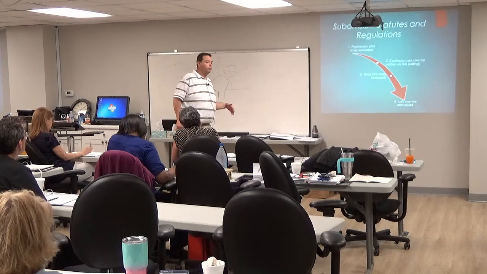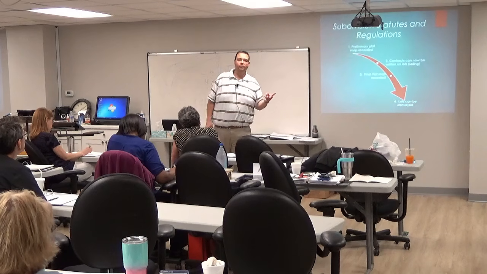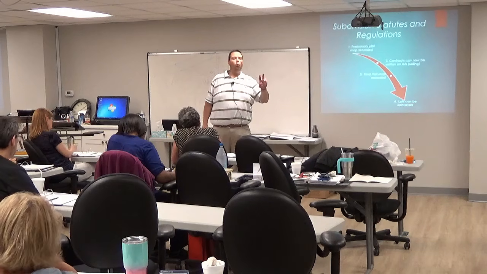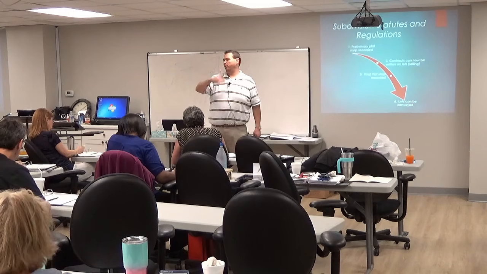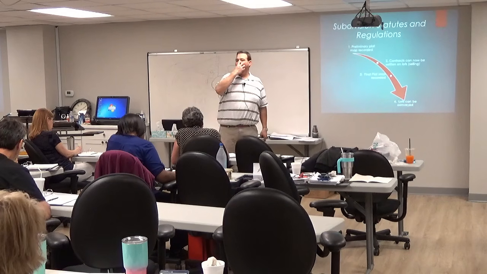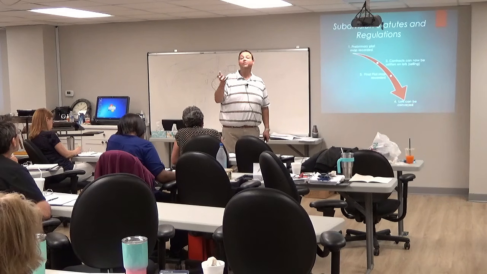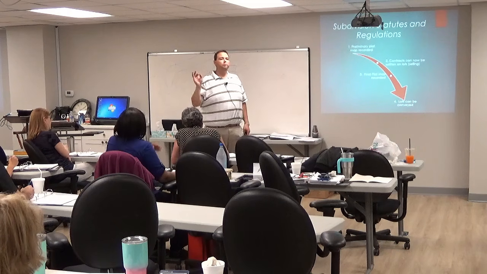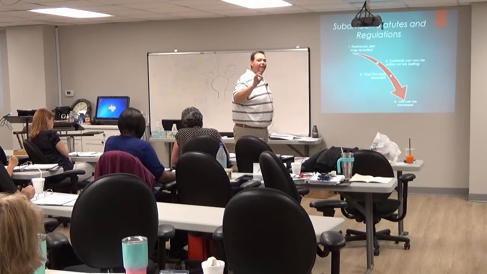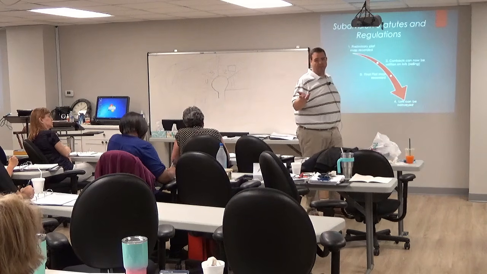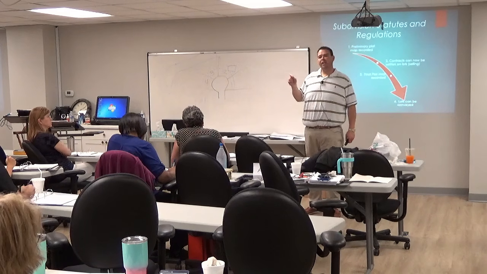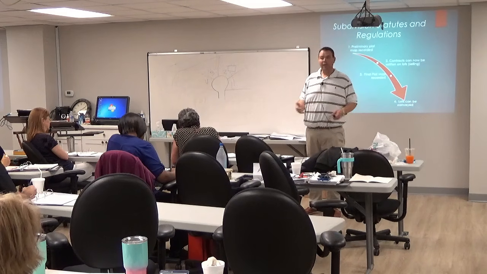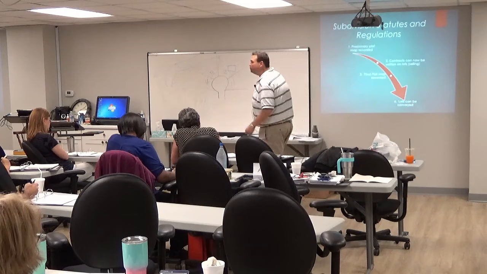First of all, plat maps actually come in two forms. They come in a preliminary form and a final form. Why do you think there's two stages there, the preliminary stage and the final stage? What are we allowing for that might happen? Changes, exactly. Changes could potentially happen. Now, there is a danger to making changes that I'm going to talk about in just a second. You can't make changes after the final plat map is recorded. That makes sense, right? The word final. It is the final version of the plat map.